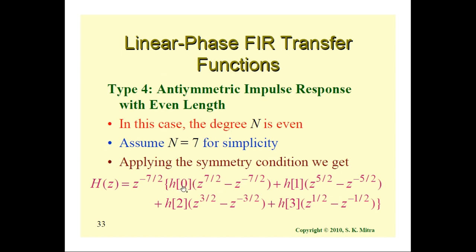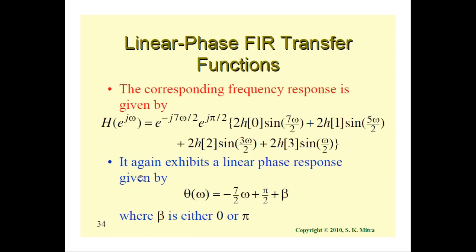Once again, combining the like terms and taking z power n by 2 as the common factor, as we did in the case of type 2 filter. However, here the difference is the response is antisymmetric, so therefore you notice a minus sign after combining all the like terms. Once again, the related frequency response computed on the boundary of the unit circle by substituting z equal to e power j omega